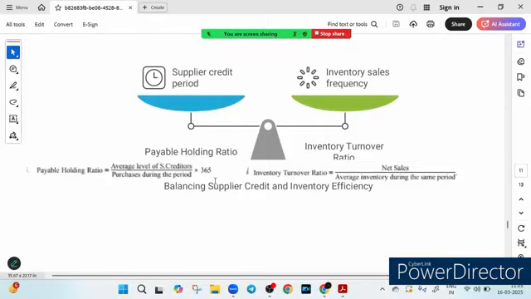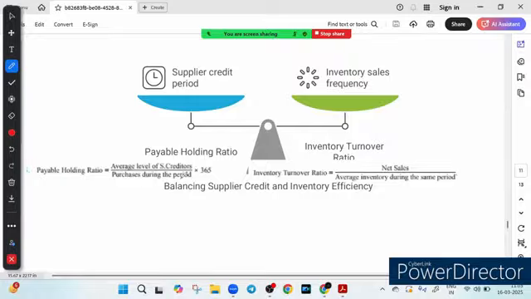So friends, how long you hold on to supplier payment versus how fast you sell inventory. On one side we have the payable holding ratio, meaning the average level of sundry creditors. Suppose you have taken something on credit and you have not paid yet. This tells us how long we take to pay our supplier. We write the average level of sundry creditor and purchases during the period, multiplied by 365. If the credit period is longer, it means greater cash flow, but delayed payment may affect supplier relations. If the credit period is shorter, it ensures goodwill but can put pressure on